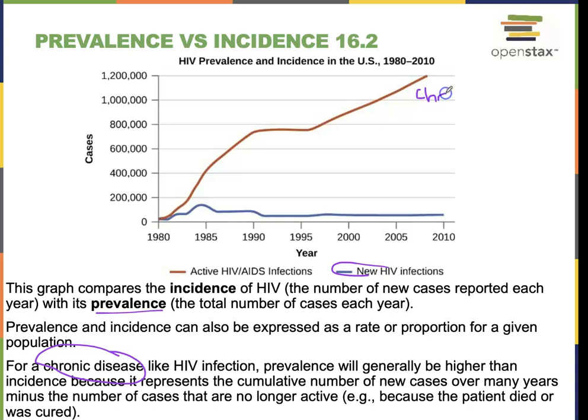Chronic versus something where the incidence is relatively low. That's just how many new infections year over year. If this were a very acute infection, something you get, it goes away, and people usually clear it, then you could expect maybe the prevalence and the incidence to be around the same, because once you get it, you're an incident, but then you go away from the prevalence count, right? Because you don't have it anymore. So chronic infections will oftentimes look like this.